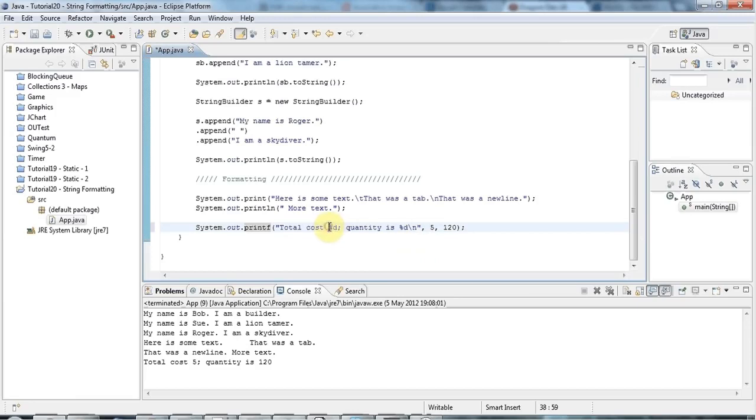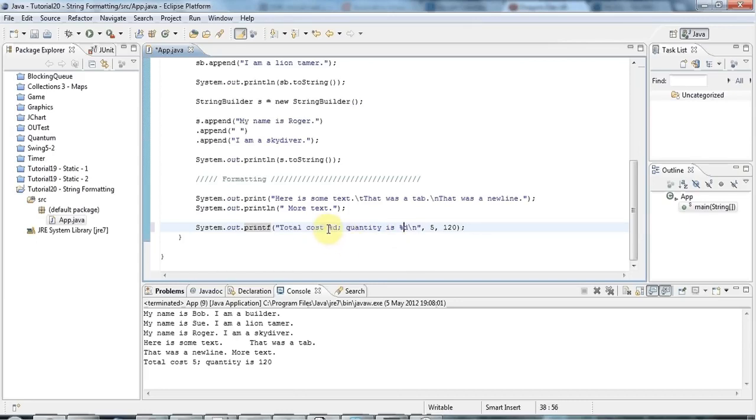So here I've got 3 characters in a row, %d, semicolon, but the %d is a kind of self-contained formatting character, and for every %d you've got in your format string, this is the format string, you're going to have an argument here to replace it with. So with %d, the most useful thing you can do is, if you want, specify a width to output this in. So I could say here 10,